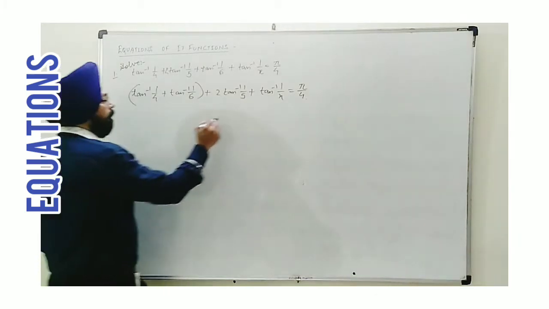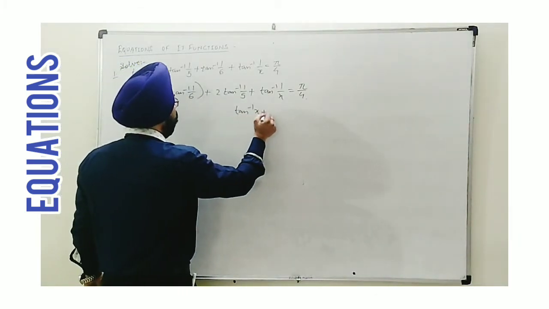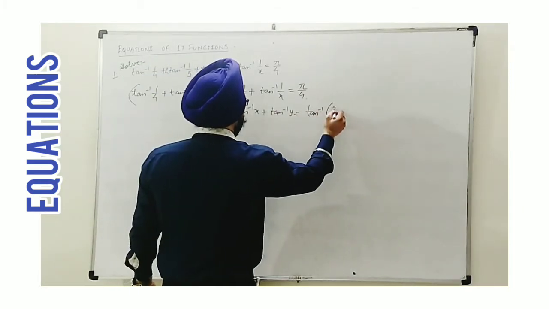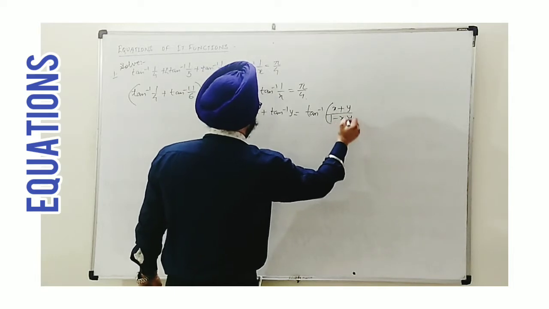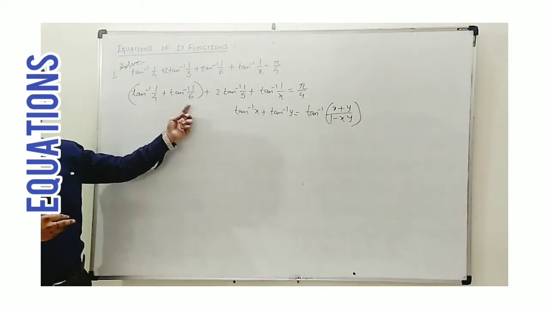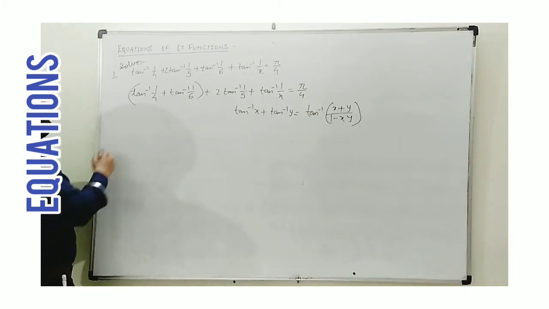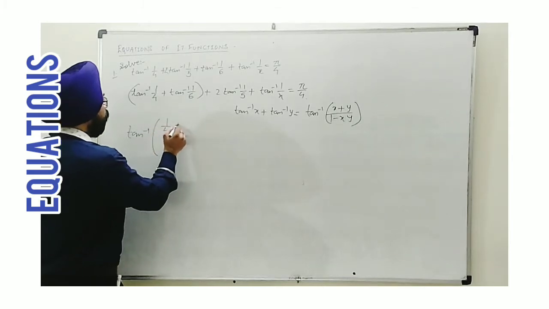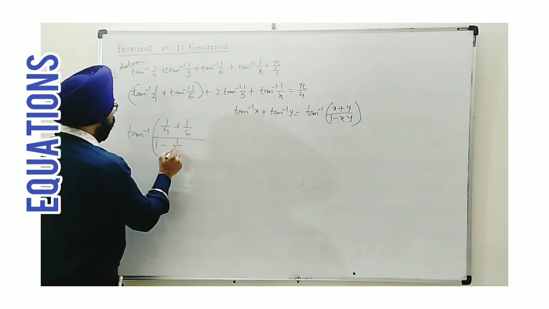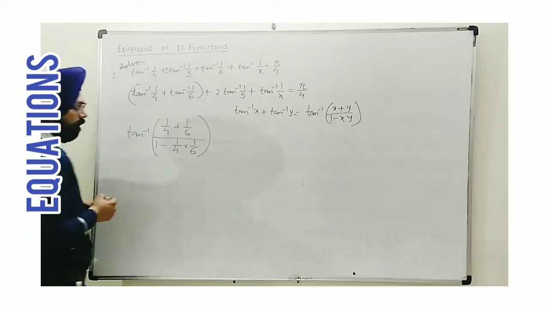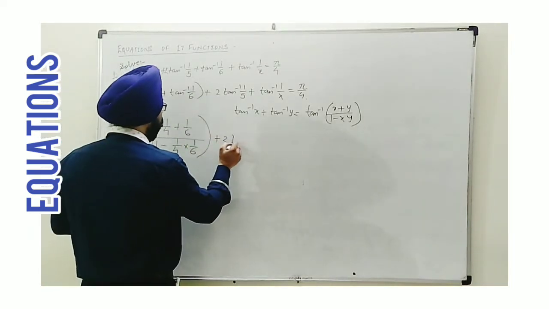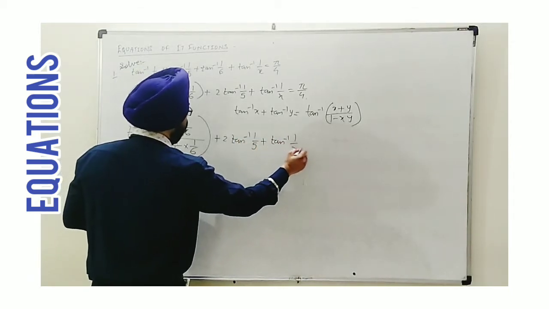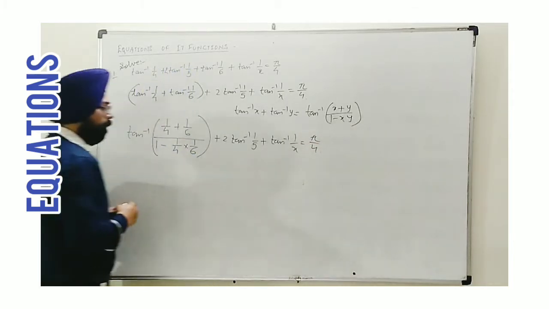Okay, we know that tan inverse x plus tan inverse y is equal to tan inverse x plus y upon 1 minus xy. So here taking the value of x and y respectively as 1 upon 4, 1 upon 6, we can apply the identity to make it one term of tan inverse with sum of 1 upon 4 and 1 upon 6 and 1 minus 1 upon 4 into 1 upon 6. Rest of the terms, as I said, we will continue as it is. Whenever you think that you are perfect, you can apply identities to simplify these terms.